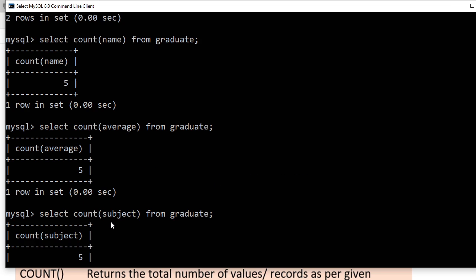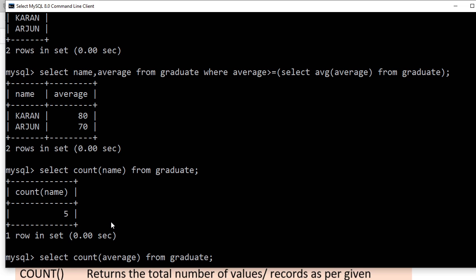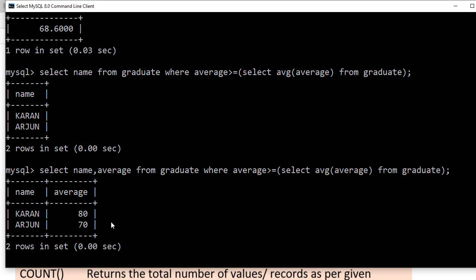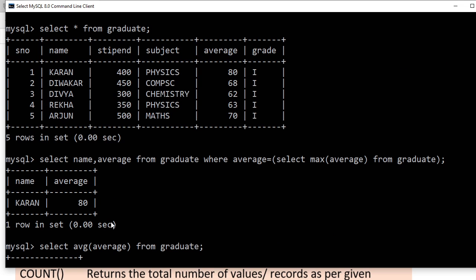Now I want to see a very different query here. I want to print the total number of students in each subject.